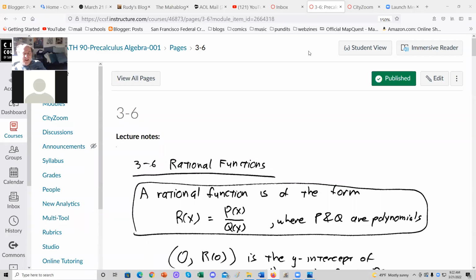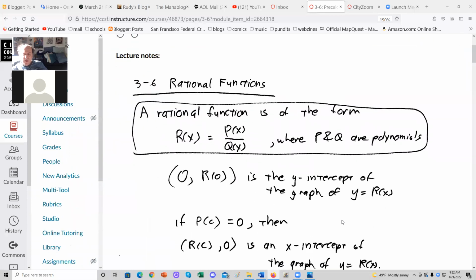Okay, here we go. 3-6, rational functions. These are of the form P of X over Q of X, where P and Q are polynomials. So they're ratios of polynomials. When we set X equal to 0, we get R at 0, P of 0 over Q of 0, that's